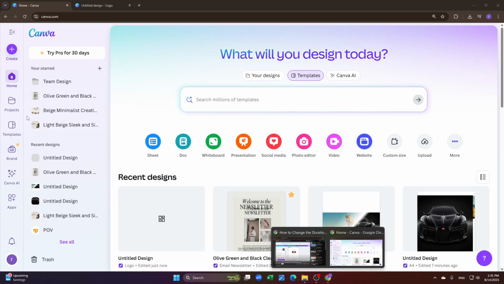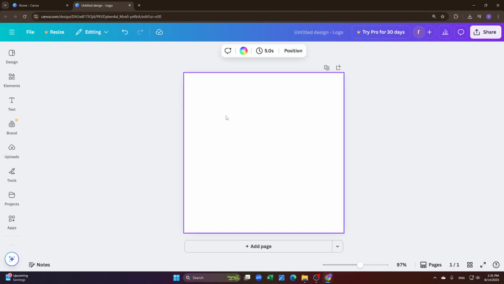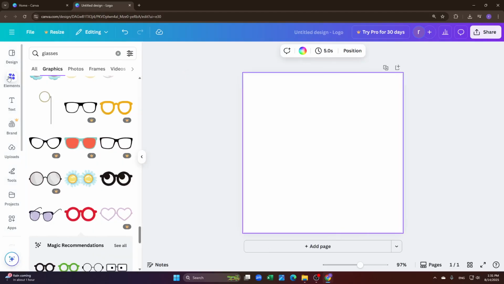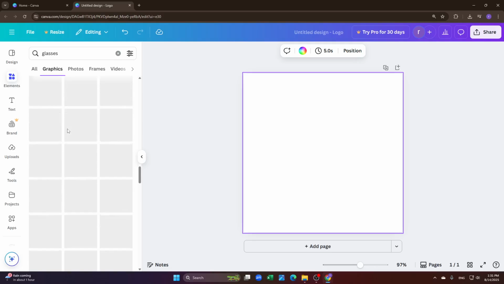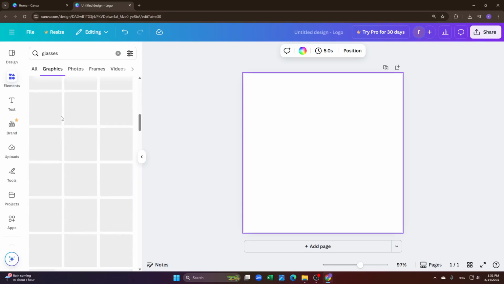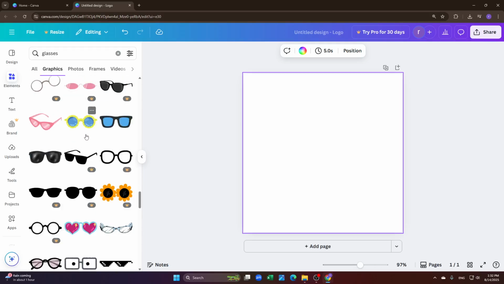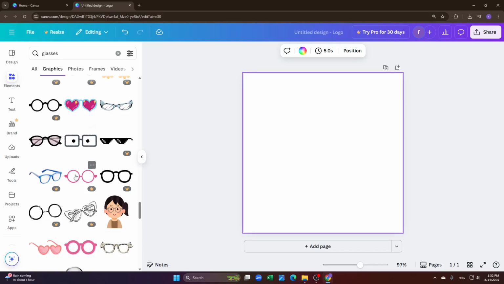After logging into your Canva account, you just have to open a format you want to edit, and then click on Elements from here and search for the glasses option. You can search for any of the elements from here. So I'll just choose the glasses option. So let's say